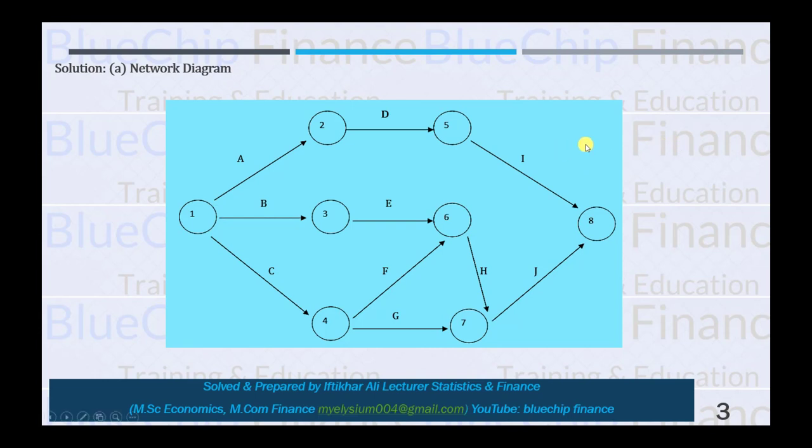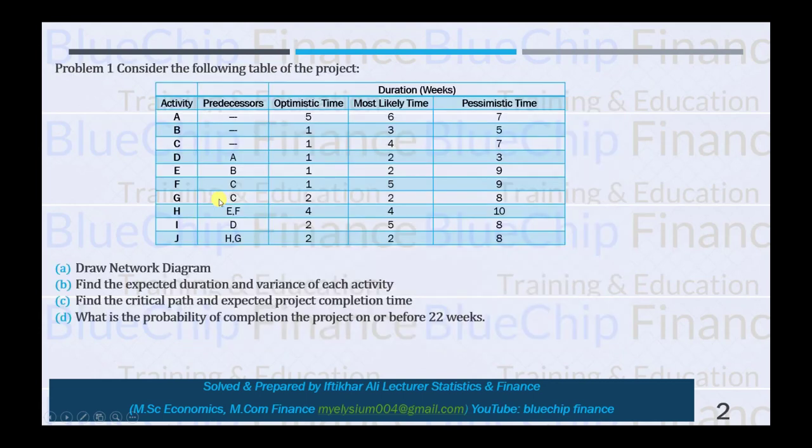There is no restriction to make the diagram in some specific manner, so it is totally up to you. So I chose this style of diagram, where first I draw three activities that have no